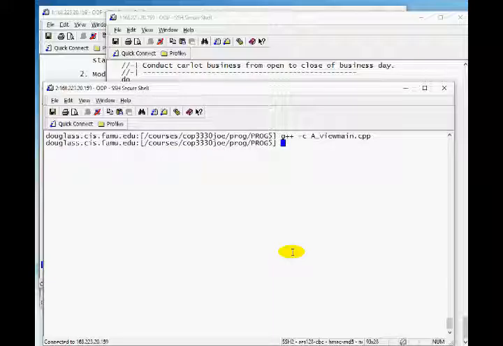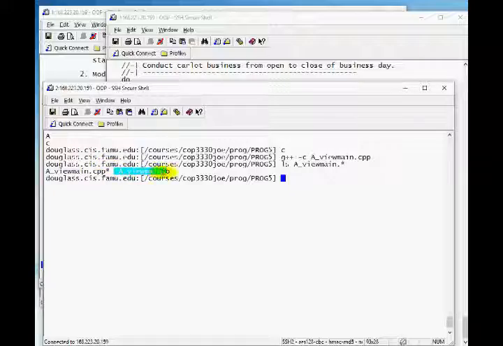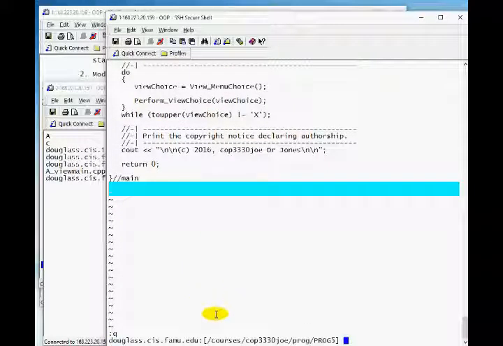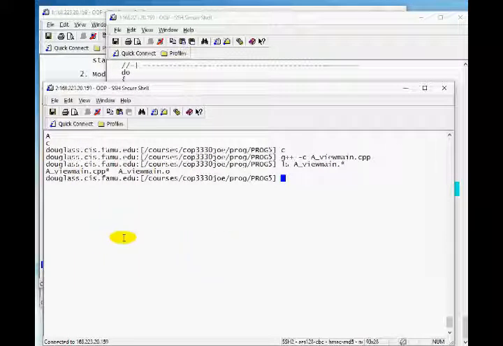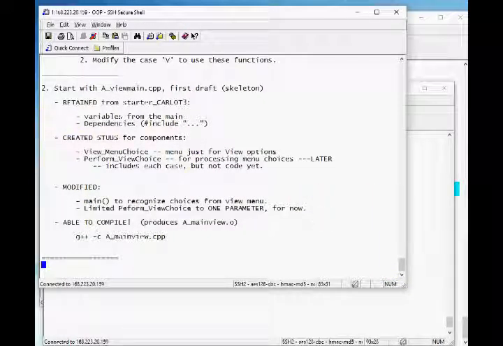When this compiles, it produces the .o file, the object file. Okay? Now, with that, let's get out of this and we will end the first video. In the next video, we are going to make some changes as we begin to add body to what we have. So video